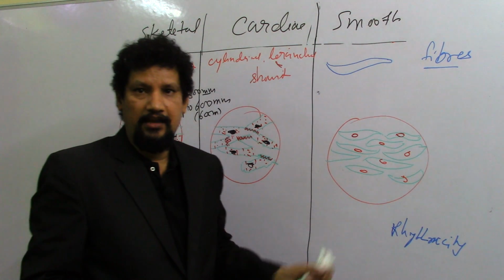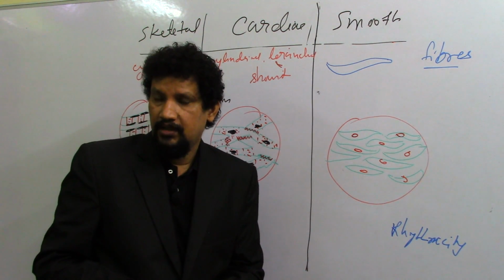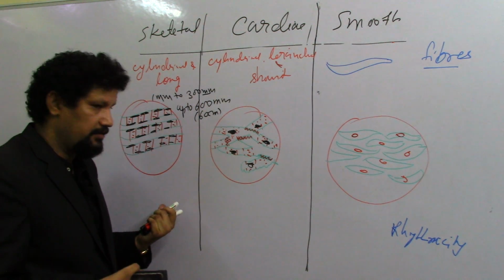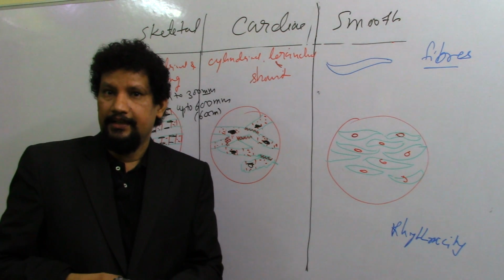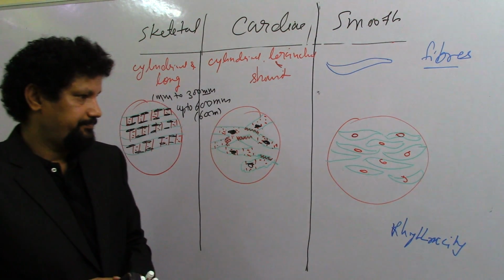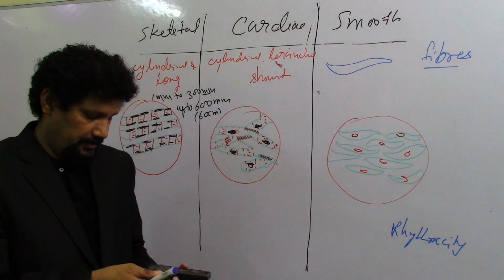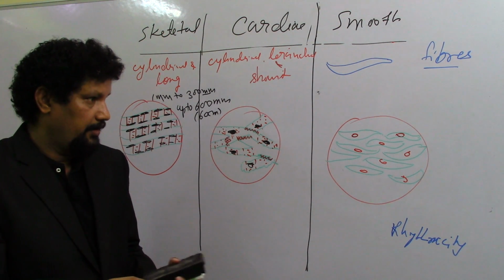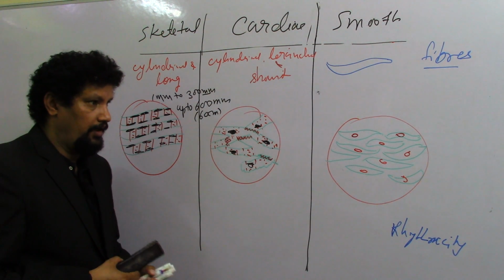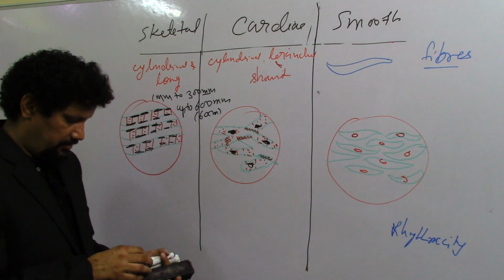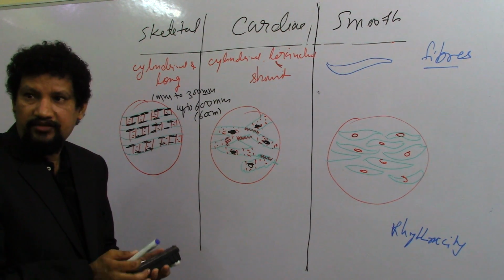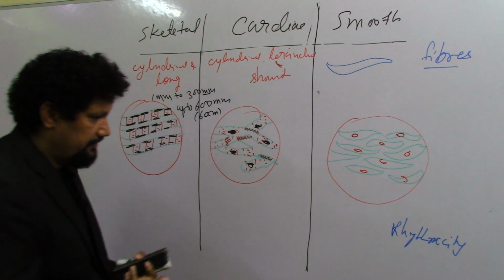These smooth muscles can also generate rhythm, but these muscles are not capable of generating the rhythm or rhythmicity. The nerve supply, when I talk about the nerve supply of all three muscles,